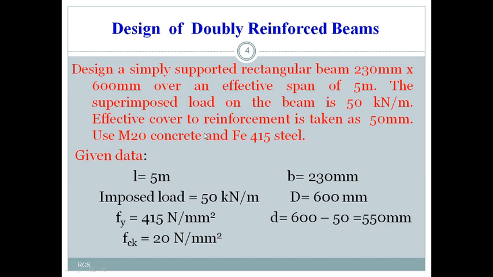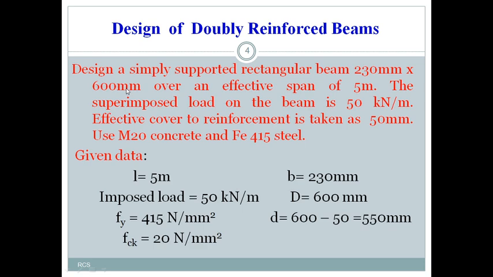When we are solving the problem, read out the problem once, then go sentence by sentence. Then we will discuss the problem sentence by sentence. What type of beam do we have to design now? A simply supported rectangular beam. What is the size given? 230 mm by 600 mm. Here 600 mm is the overall depth. It doesn't mention whether it is effective depth or anything else, so we have to assume it as the overall depth. So the overall depth is 600.